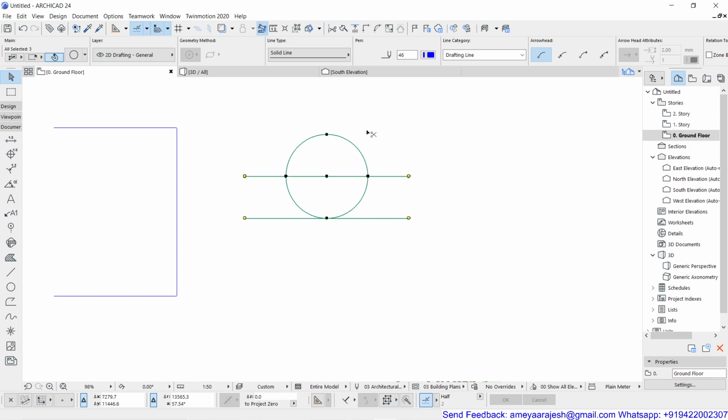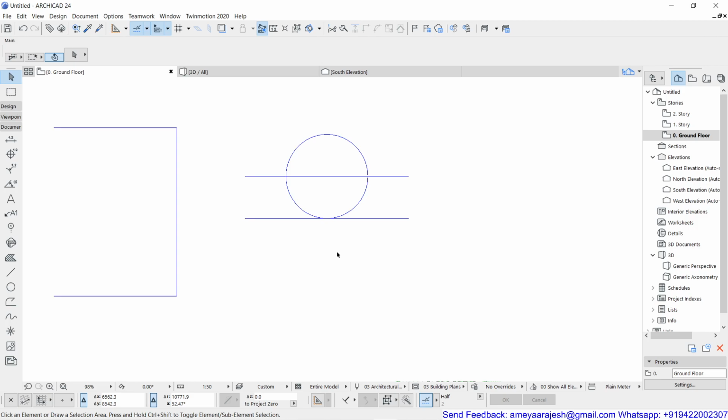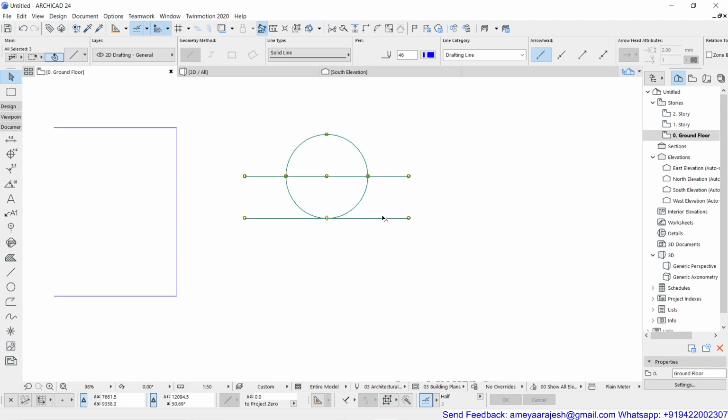If you hit Control G again from the keyboard, you will see all these 3 members are now treated as a single group. I have just deselected by clicking on the empty part of the drawing. Now if I click again, you will see that all the 3 objects are getting selected. So the group can be created with any number of objects. The cascading of the group is valid. That means earlier there was one group, then I added a new object to it, so I have created a new group. This is the cascading.